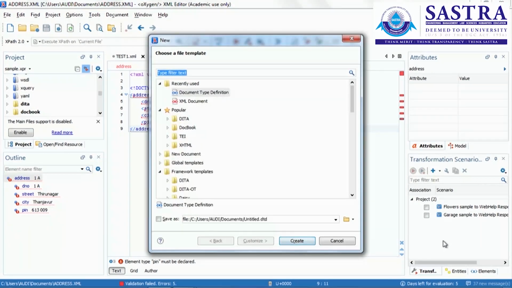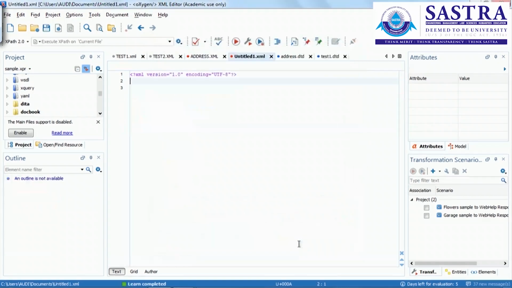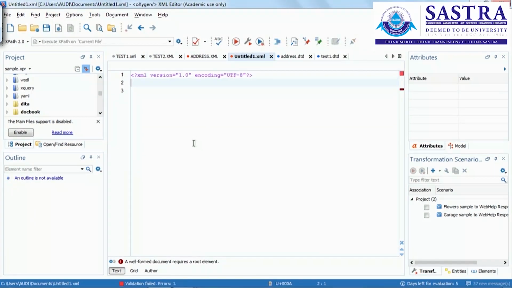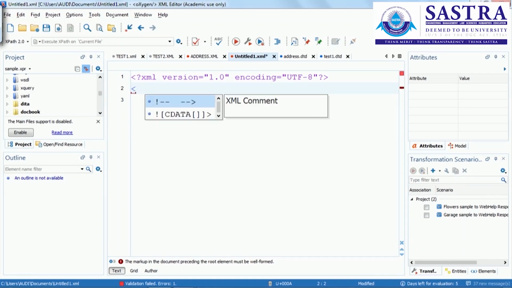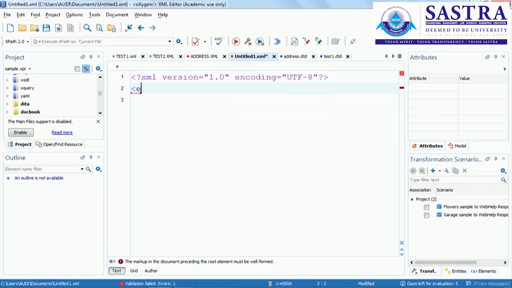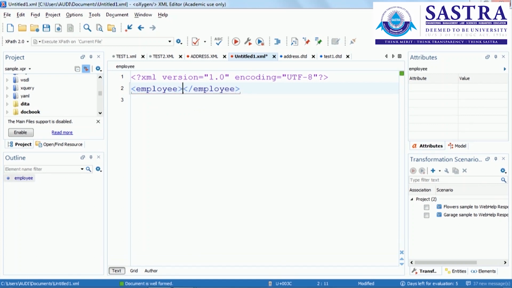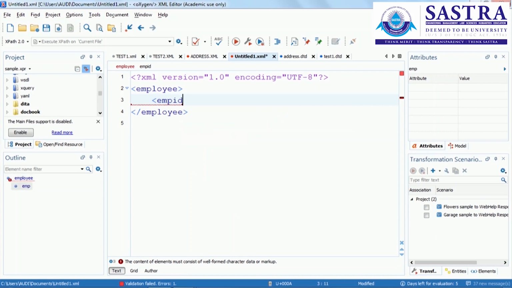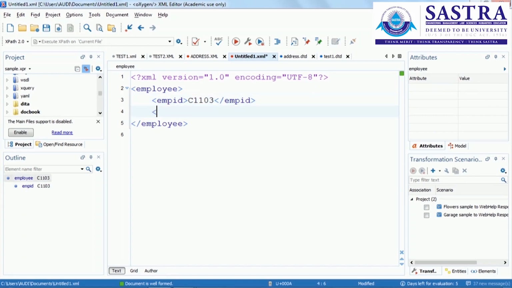I have opened an XML document. Here I would like to have a student or employee element. The employee is an element which is carrying EMP ID, that is employee ID, and EMP name,